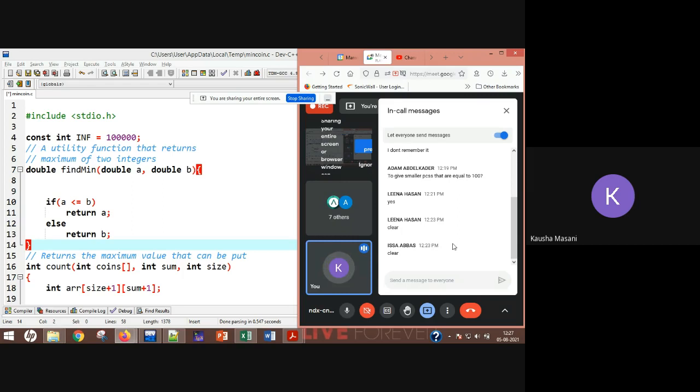This is the task for today. For this particular session, we have to implement the make change problem. You guys will be able to do it now, everyone.